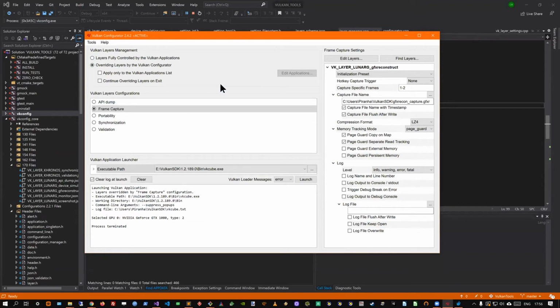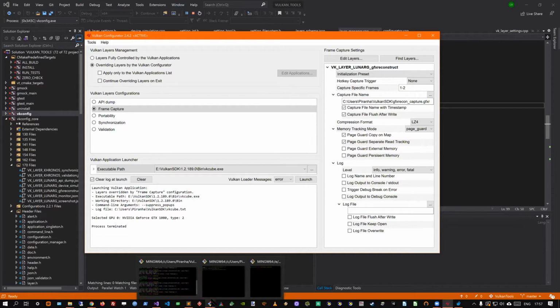In theory, each time we close Vulkan Configurator, the system is clean. There are no layers running because that could cause issues for other applications. But it's not always fine. Sometimes it could be a problem.